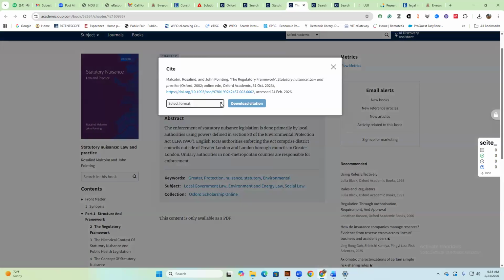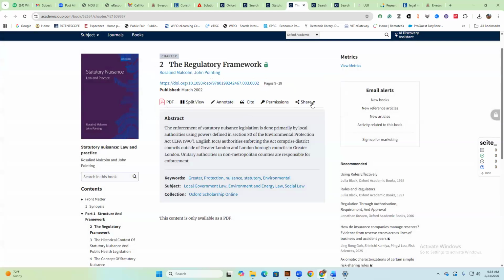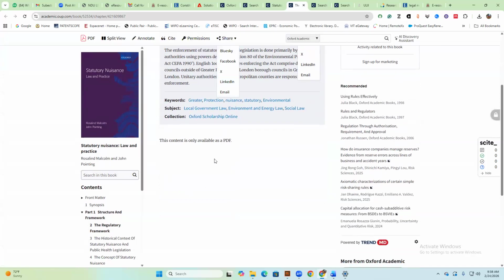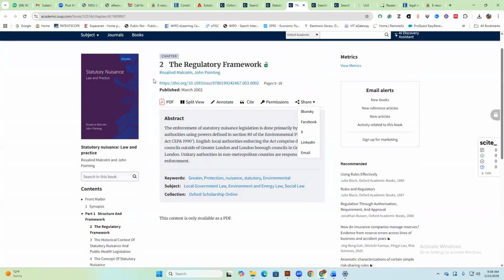I'll be able to pick the citation. So I'll select a format which I'm using. LIS works hand in hand with Mendeley, Papers, and Zotero. So the citation will go straight out to my account if it is open for Mendeley. Then I can share. I can share by email with the students, or you can just share with them this DOI. For example, if I copy it,